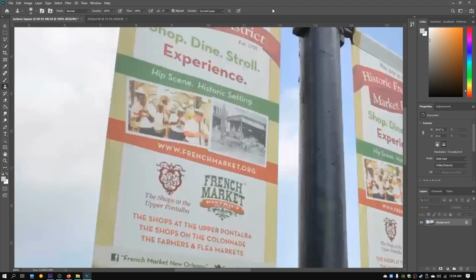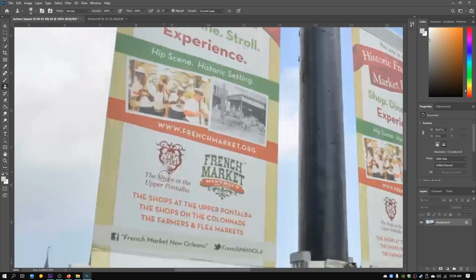So okay, now that we've learned the clone stamp and the spot healing tool, let's go ahead and use those techniques to get rid of all of that text on the sign. And the going is going to be pretty slow here, so let's go ahead and begin. With my layer selected, I'm just going to click on the clone stamp tool there, and again I will